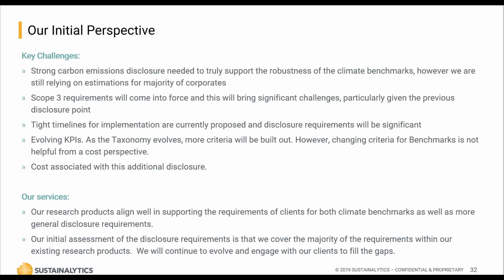So brief impressions we have about this action is that there are indeed some key challenges, similar to what Kevin had mentioned in the earlier actions. For example, the accuracy of carbon emission measurement, especially the measurement of Scope 3 emissions, continues to be a challenge. Also, the evolving nature of KPIs as well as ESG methodologies will pose a potential burden on benchmark providers as those continue to update and change. And finally, the additional costs associated with the implementation more generally.